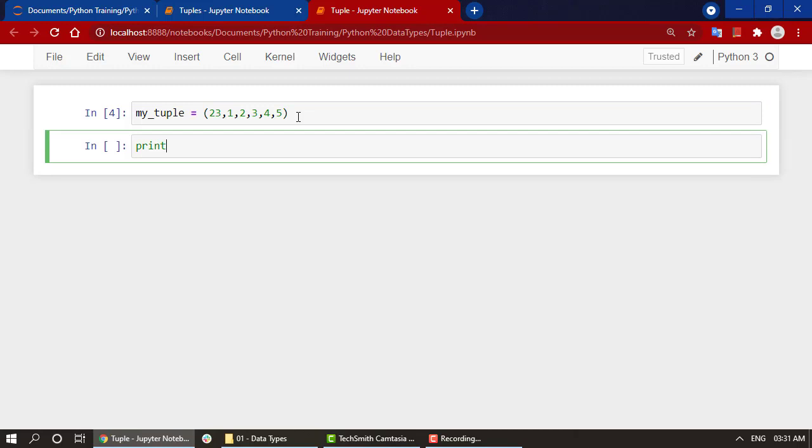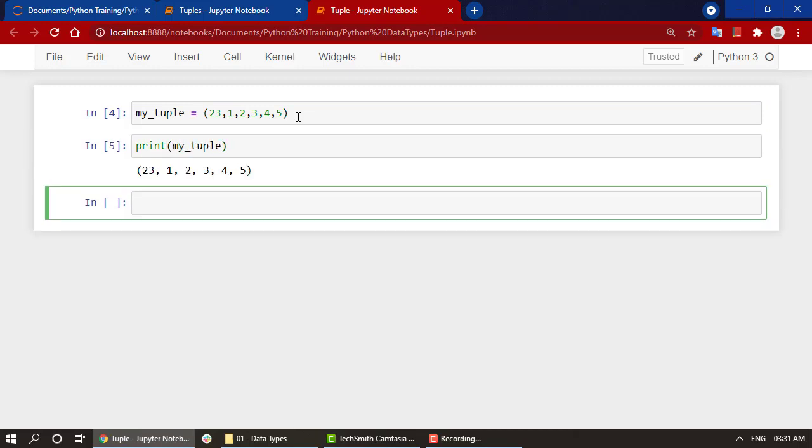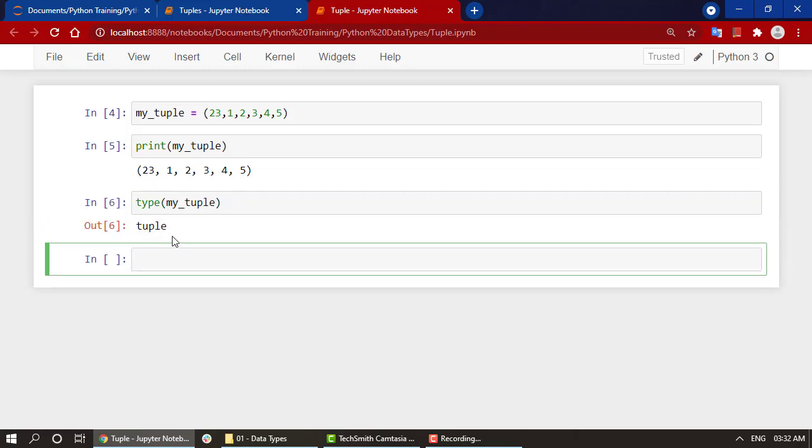If I print out my_tuple, it shows the same thing. If we check the type of my_tuple, it returns tuple. It is a tuple, right?